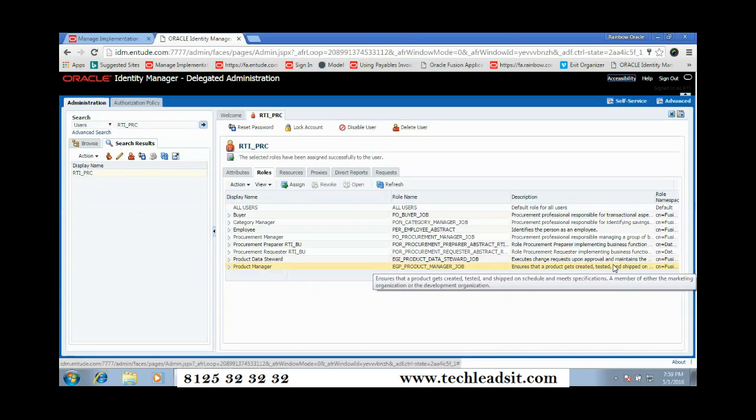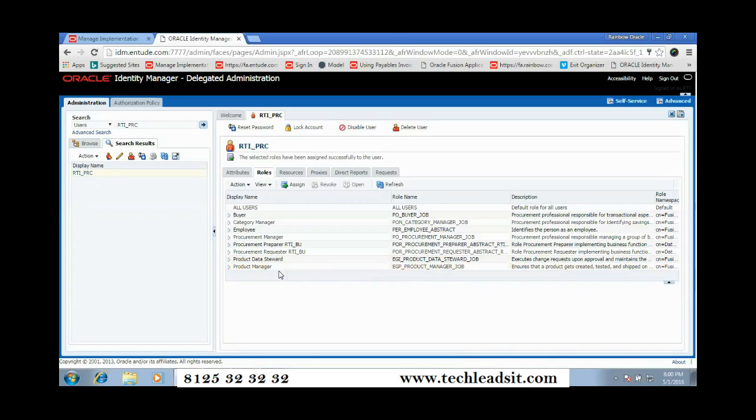Look at here, ensure that the product gets created, tested and shipped on the schedules and meets the specification. So it's nothing but he's responsible for managing the procurement process, and nothing but for the quality inspection also. This role is responsible for that, the product manager. And coming to this procurement manager,